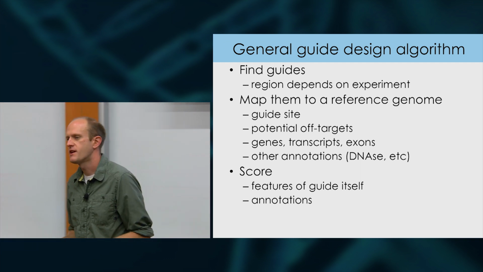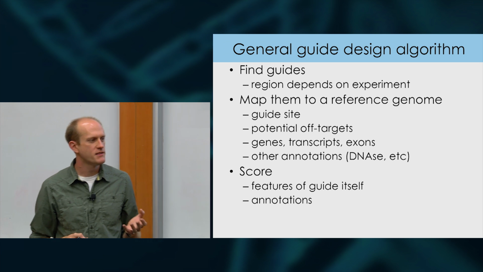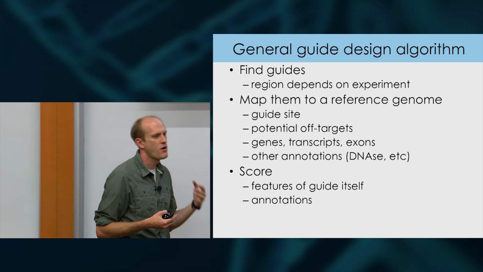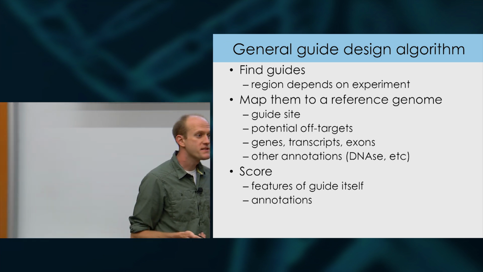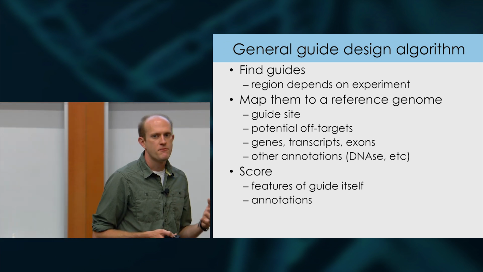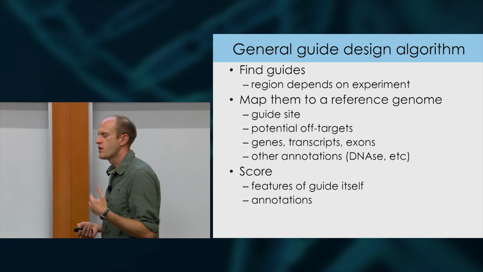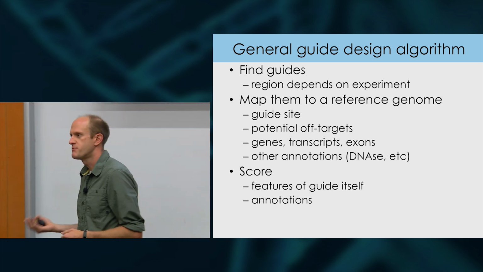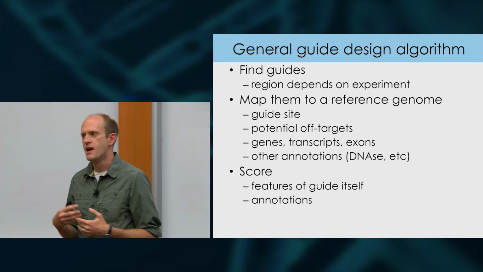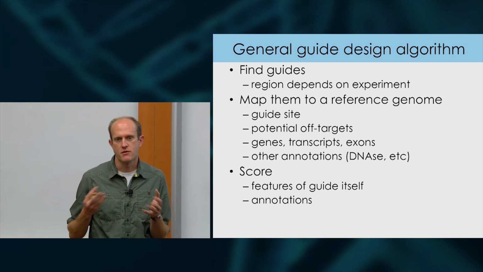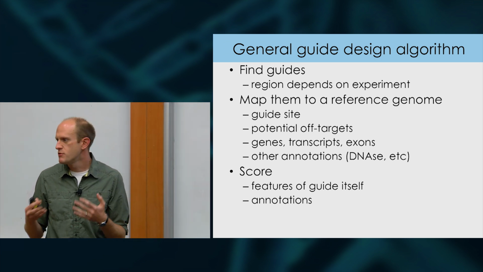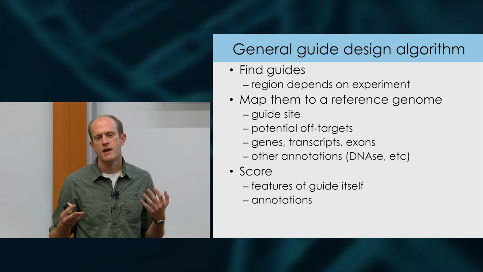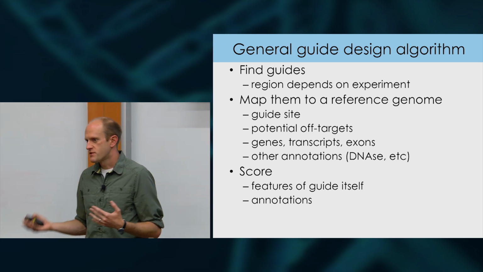And one caveat that I really want to put forward for that is I think everybody in the audience would understand that your genome is different from the reference genome. And if you have a cell line, it's probably different from the reference genome. There are companies out there that are taking variant calls, SNPs that are found in cell lines, and trying to produce custom guide finding algorithms that can map to custom cell lines. Desktop Genetics is basically making a service out of this where companies can go sequence their own cells of interest, their own lines of interest, send them to Desktop Genetics, and then you can custom find guides and custom do off targets with that. But it's a subtlety that most, at least academic, open source type software doesn't really take